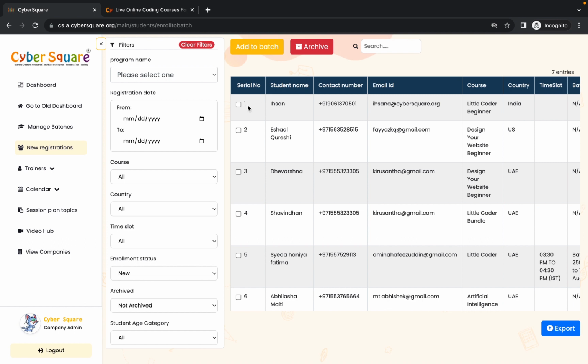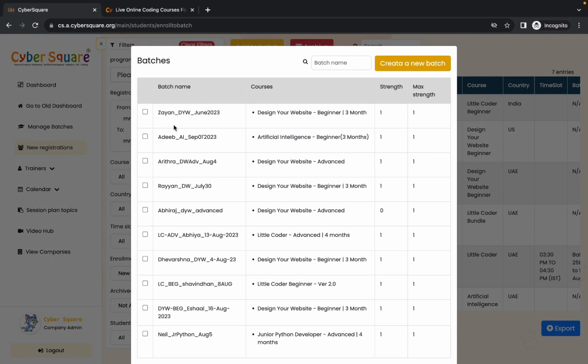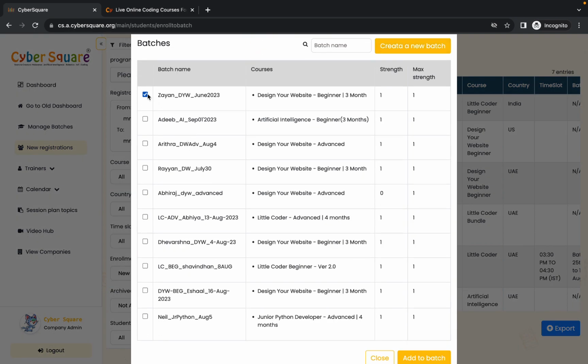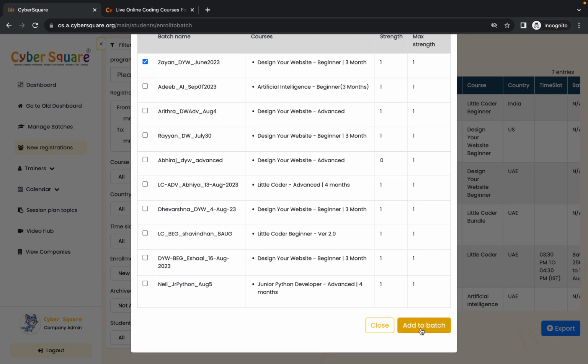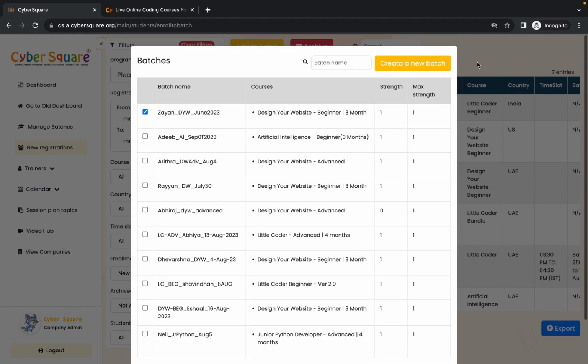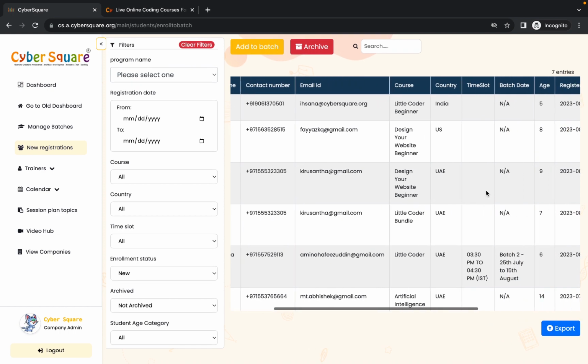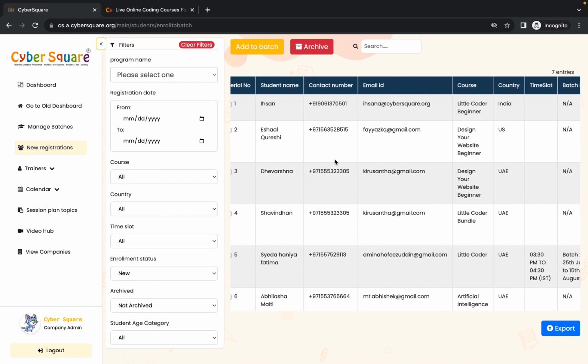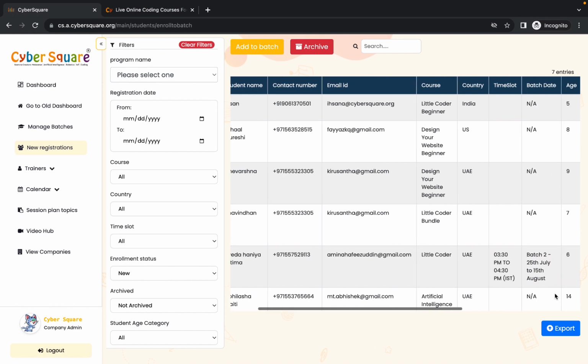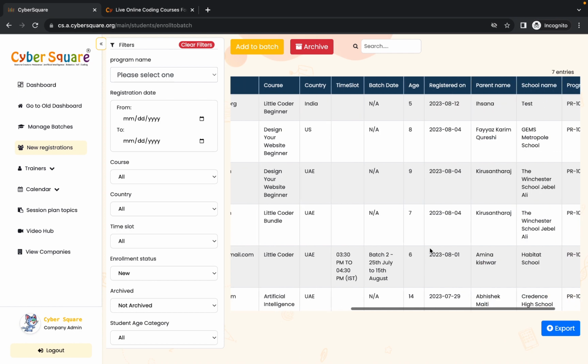From here you can select the student, and if you have already created the batch you can click on the add to batch option here, select a batch and then add the student to the particular batch. If you haven't created any batch, let's see how we can create one. Before that, you can see an export button here, so you can export all these newly registered student details